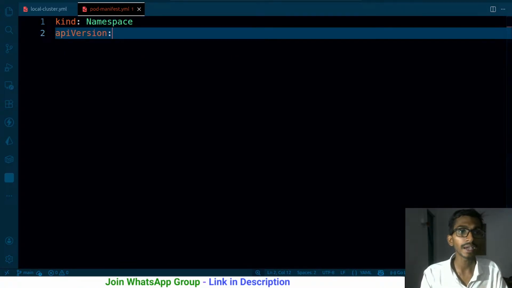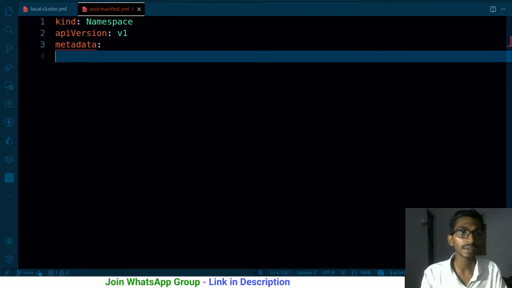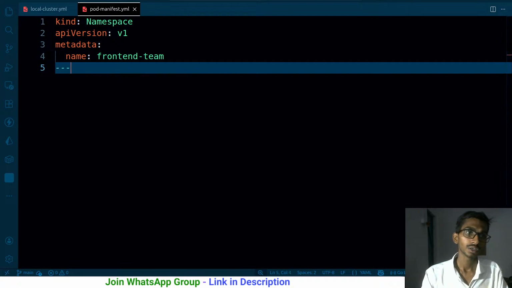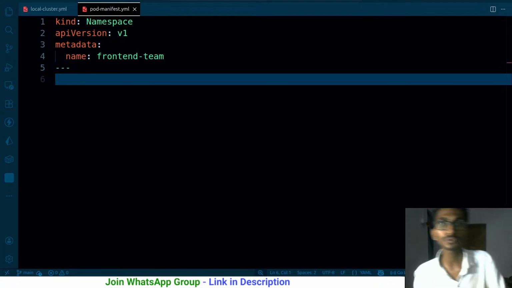Then we need API version, just version 1. And we need the metadata, because inside the metadata we need to specify the name and all. Suppose I'm creating this namespace for the front end team, so this particular thing is the front end team. This particular thing is done. Use these comments over here, and let's write the configuration for the